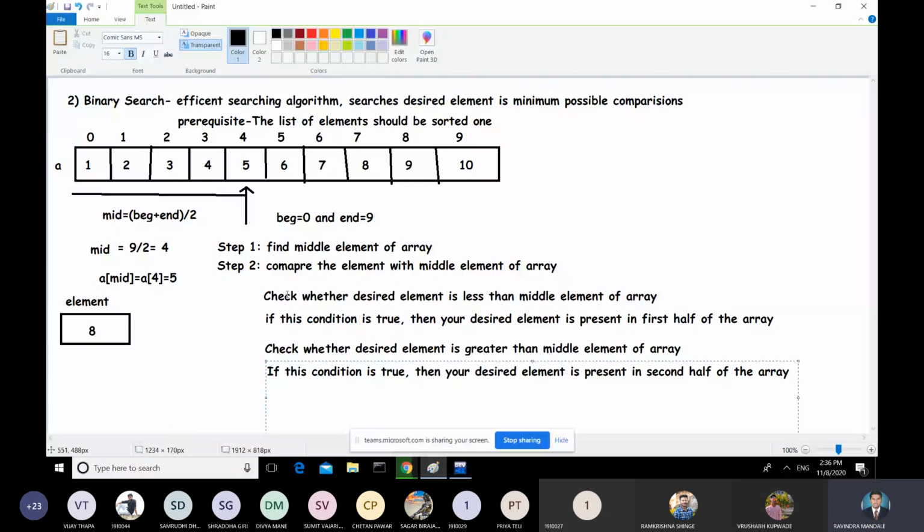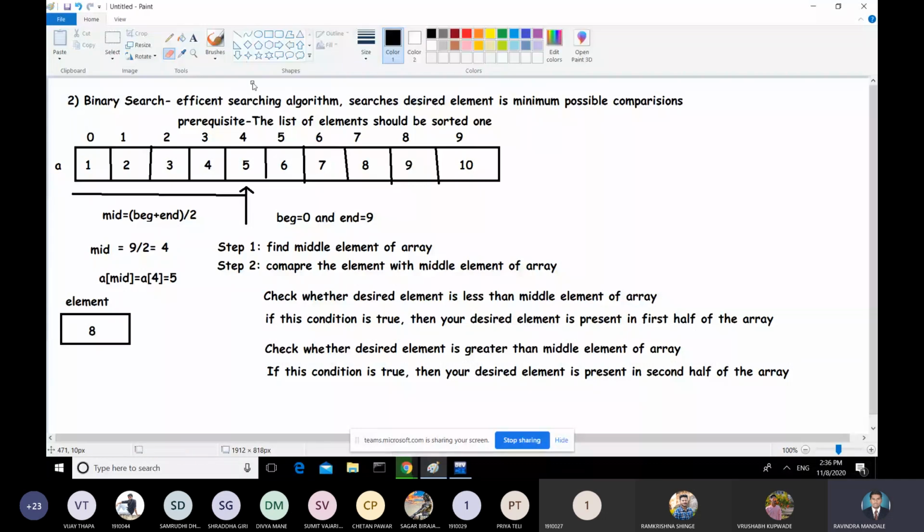That means you need to search for your desired element here only. So automatically you are reducing these comparisons. No need to check 8 with 1, 8 with 2, 8 with 3, 8 with 4. You need to directly perform the comparisons on the second half of the array. So you are reducing 4 comparisons here directly.